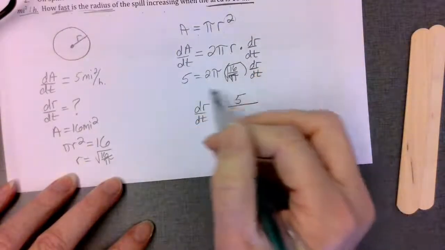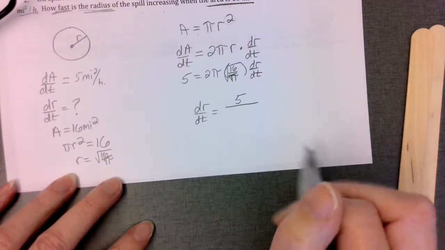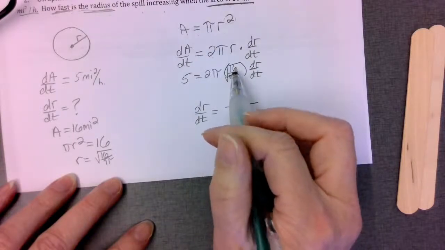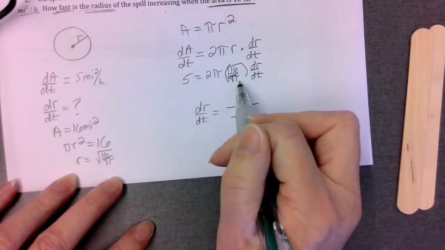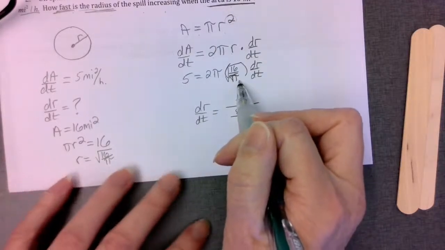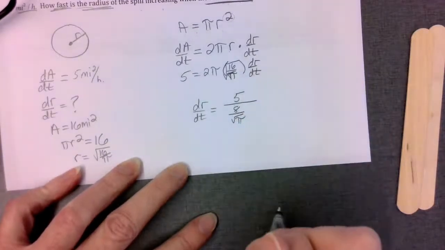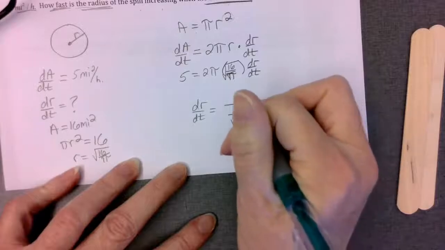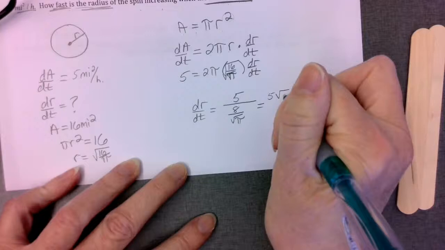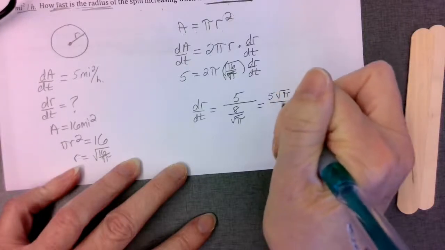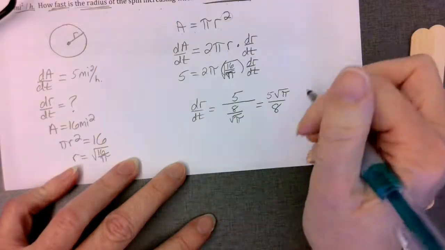Now what will happen is if it's a non-calculator question, it's going to end up being simplified. So 2 times the square root of 16 is going to give me 8. And then a pi divided by a root pi, either rationalize or use the rules of exponents, you get the square root of pi. Well, dividing by a fraction is multiplying by its reciprocal, so I get 5 square roots of pi divided by 8. And then the label for it,